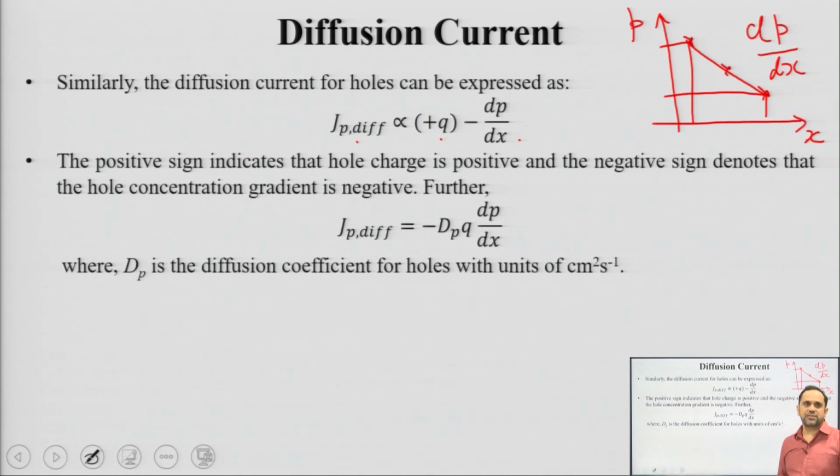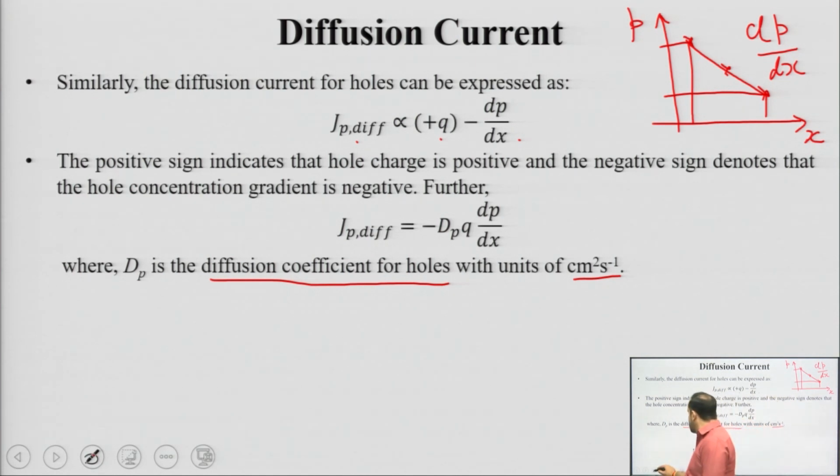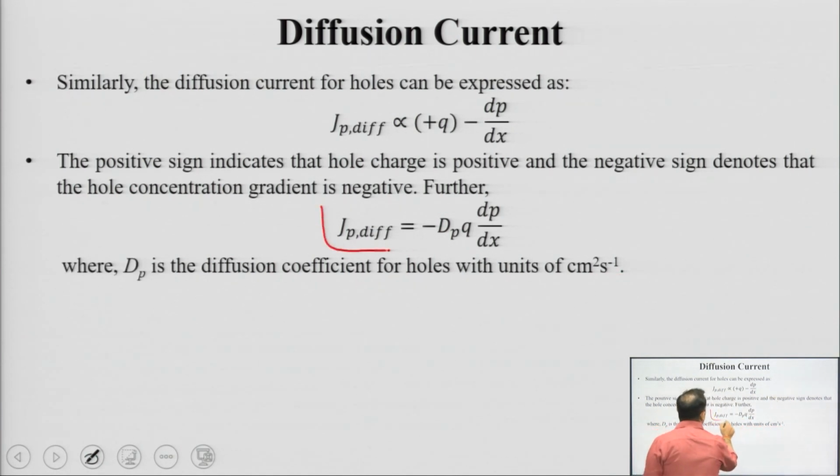But the charge here is positive. So, eventually your hole diffusion current is equal to minus sign q dP by dx, and the constant of proportionality is given as D_P, which is known as the diffusion coefficient for holes. Units are the same, centimeter square per second. Okay. So, this equation in the middle basically tells you the